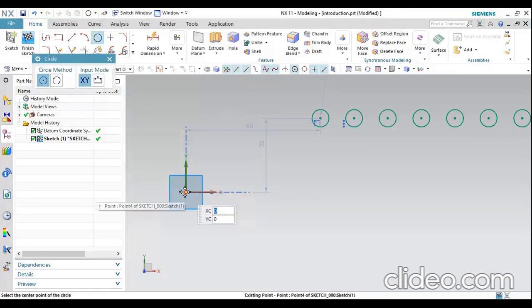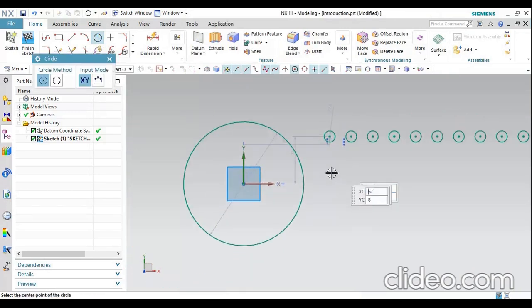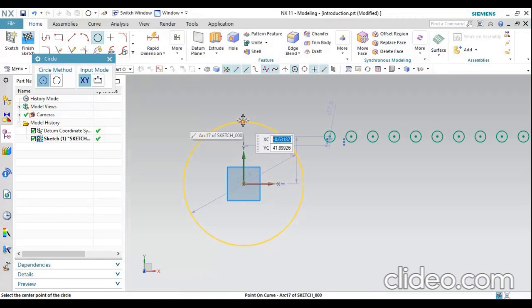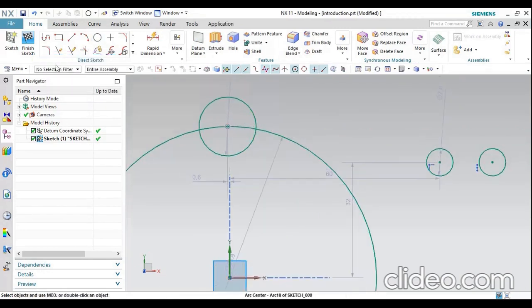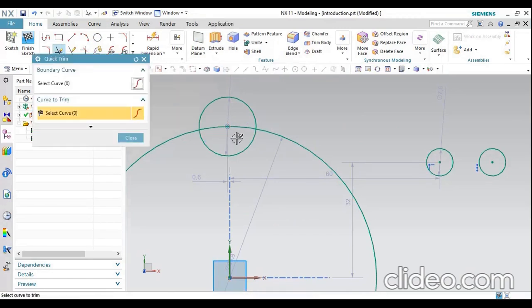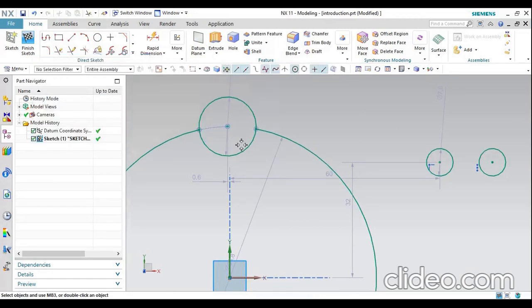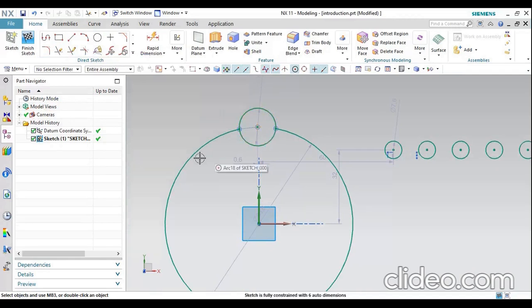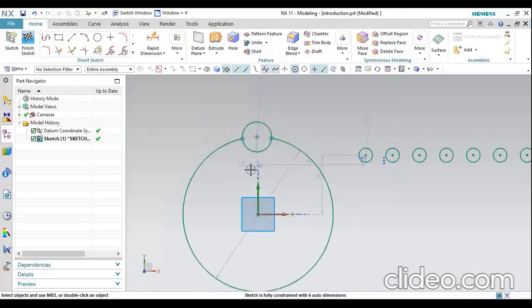So if I want to create a circular pattern from this hole itself, for that I am creating a circle like this and click trim button. I want a circle surrounded for this circle.